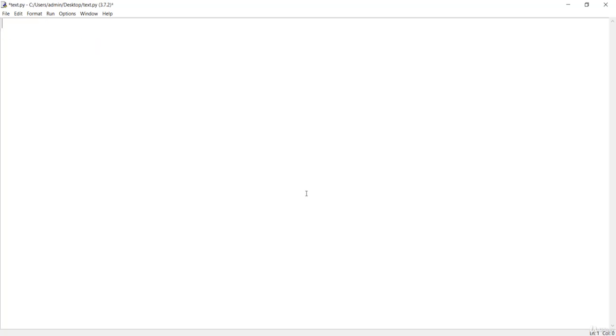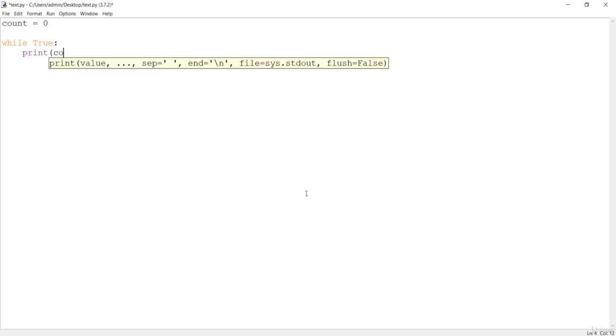Now let's learn about the break and continue statements. Break, as the name suggests, is used to exit from the loop, and continue is used to skip the current block. So let's see how the break and continue statements work with the program over here. Let me say count equals 0, and let me make while True, which is our infinite loop, and here I'm going to print my count.